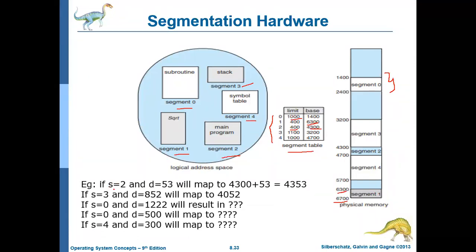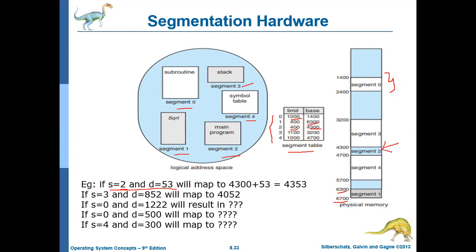If S is equal to 2 and D equal to 53, what will this map to? This is the logical address created by the CPU with S equal to 2 and D equal to 53. S equal to 2 means the base address value is 4300, so it is referring to here.